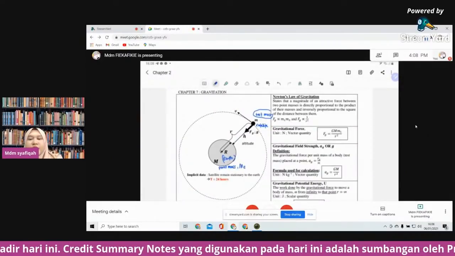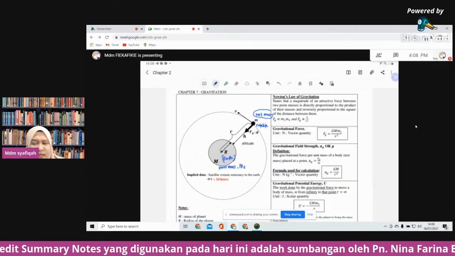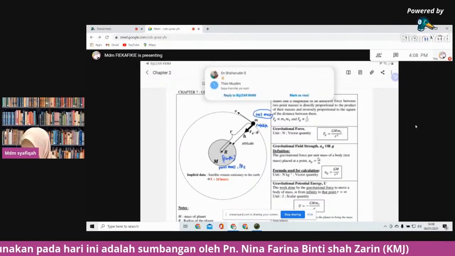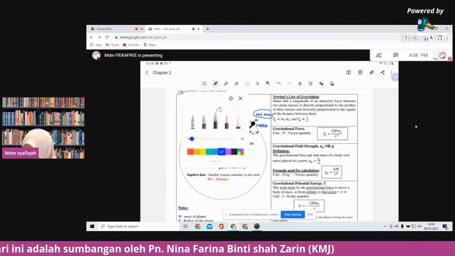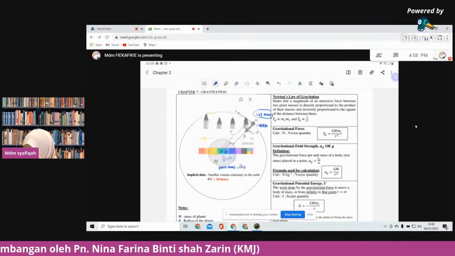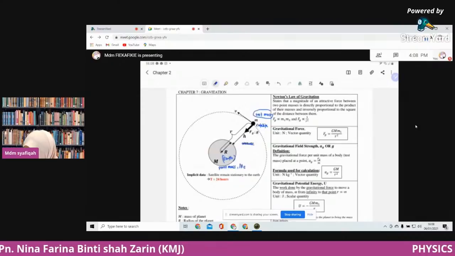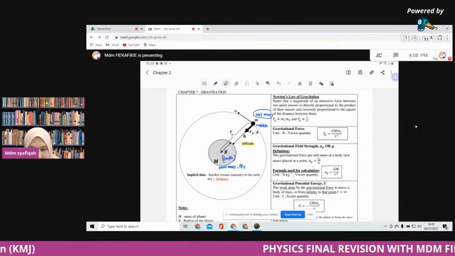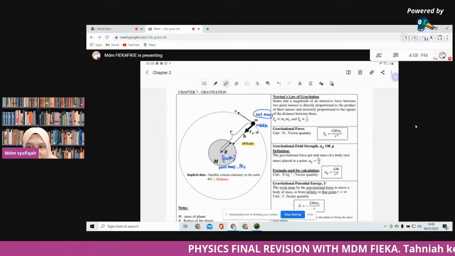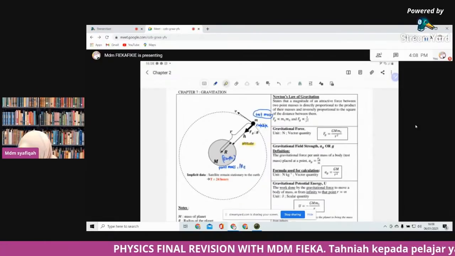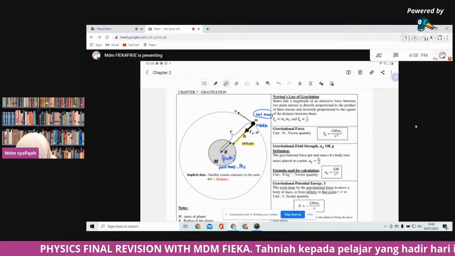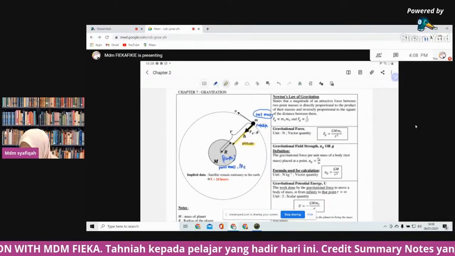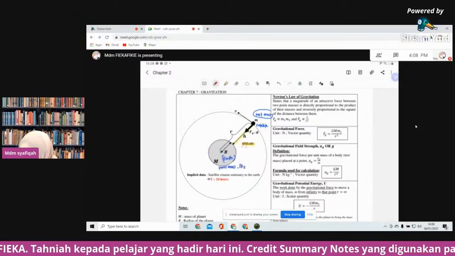Okay. So sekarang, kalau soalan disebut altitude, you baca soalan betul-betul. Kalau soalan kata altitude, means that it's the height from the surface, from the surface to the position of the test mass. Bukan daripada center. You jangan careless. Altitude is height